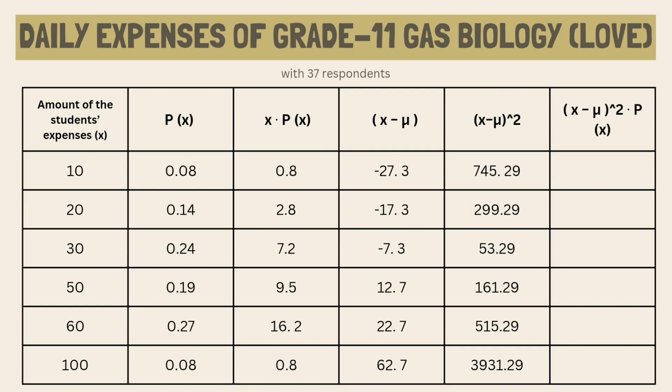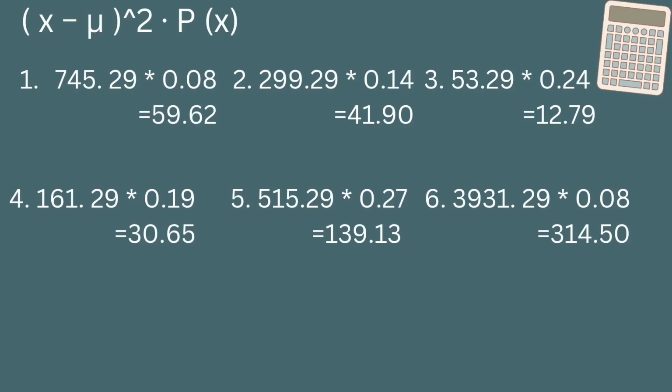And finally, we only have one row left, which is x minus mu squared times p of x. So the numbers we have solved earlier will be used in this situation. We will multiply it to the p of x. So we have 745.29 times 0.08, which is 59.62, 299.29 times 0.14, which is 41.90, 53.29 times 0.24, which is 12.79,